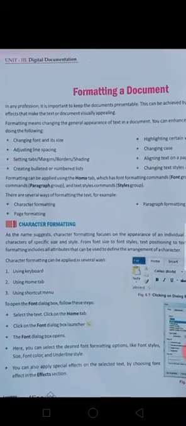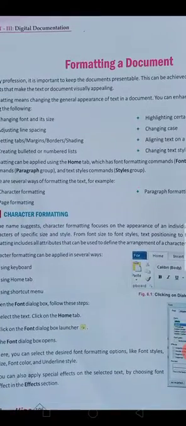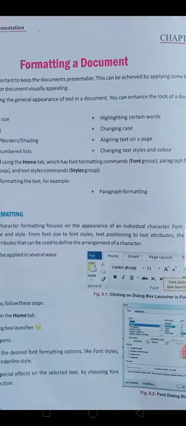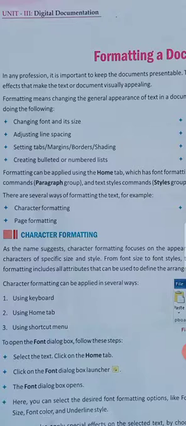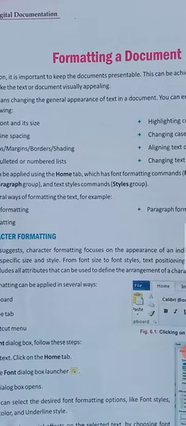In any profession, it is important to keep the document presentable. This can be achieved by applying some effects that make the text or document visually appealing. Formatting means changing the general appearance of text in a document.